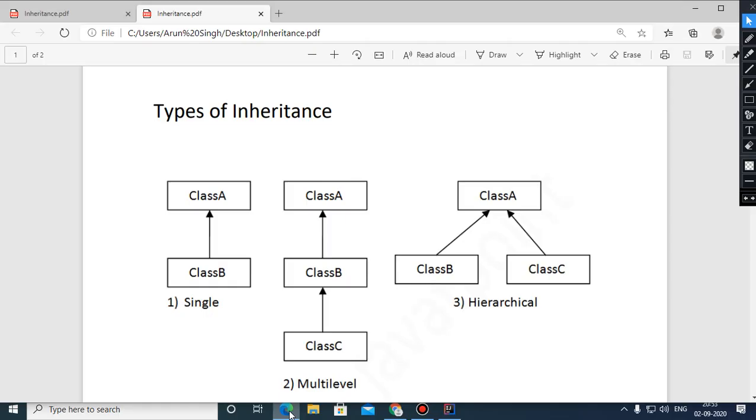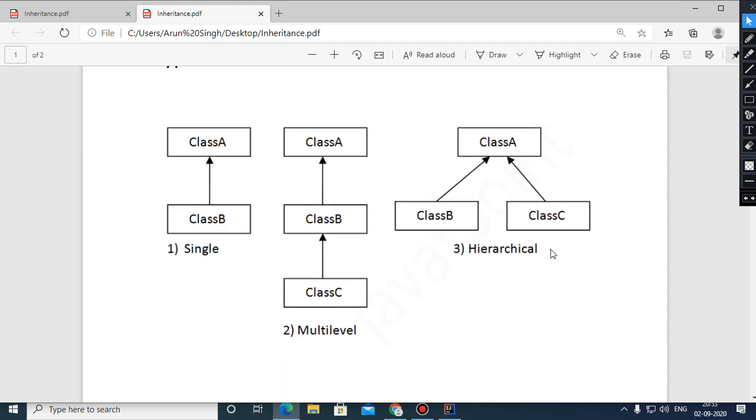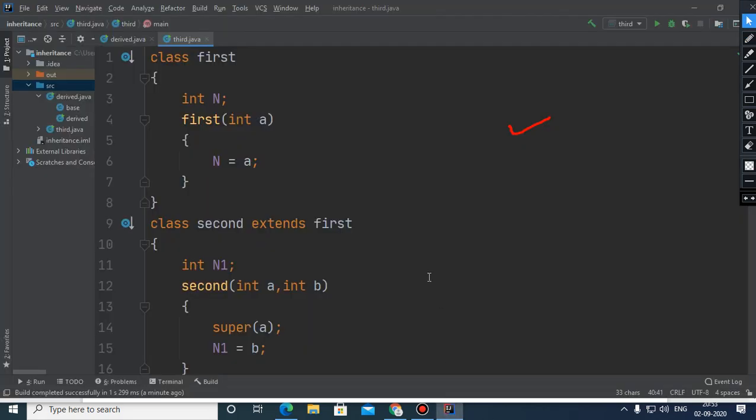Okay, now children, one more inheritance is hierarchical. This is the inheritance in which there is a class which is being inherited by two different classes. This time I'm not going to run the program, but I would like to show how you can implement this in Java.